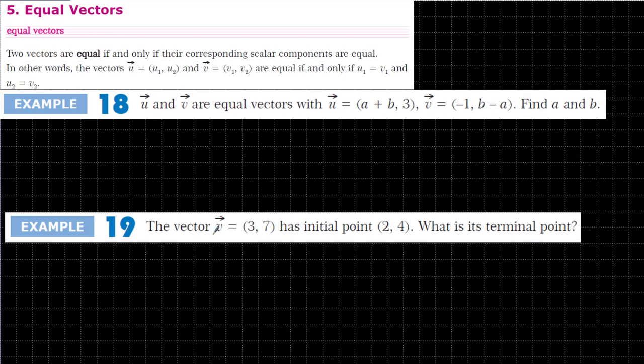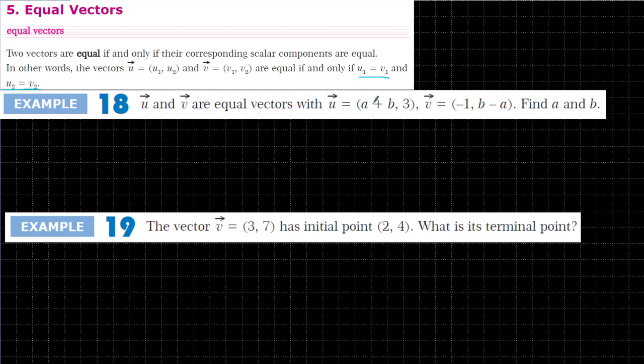Hi dear students, in this video we are going to study equal vectors and vector operations. Here is the definition: two vectors are equal if and only if their corresponding scalar components are equal, which means that u1 is equal to v1 and u2 is equal to v2. It has to be. So with respect to this, if we solve the question here,